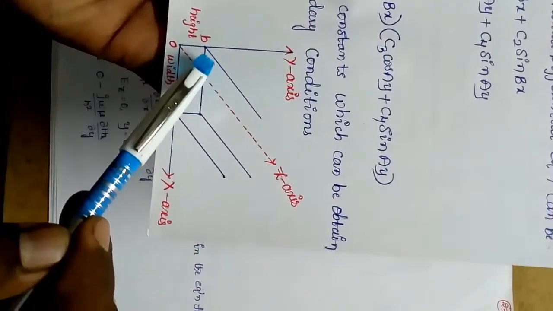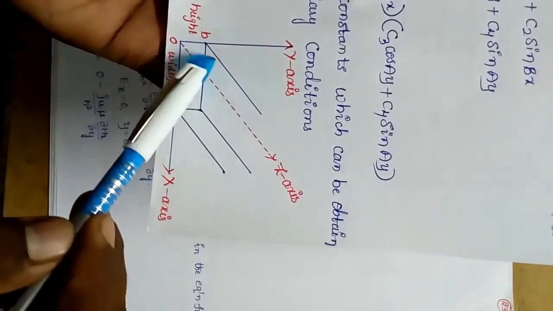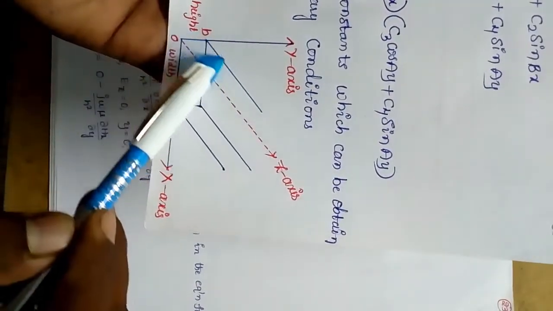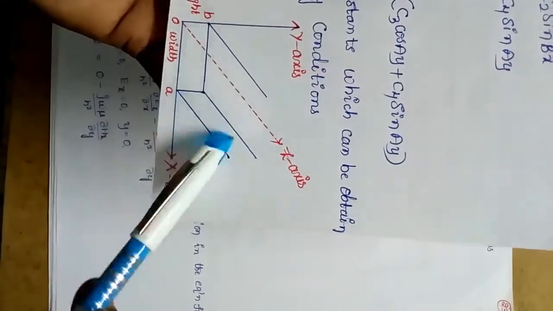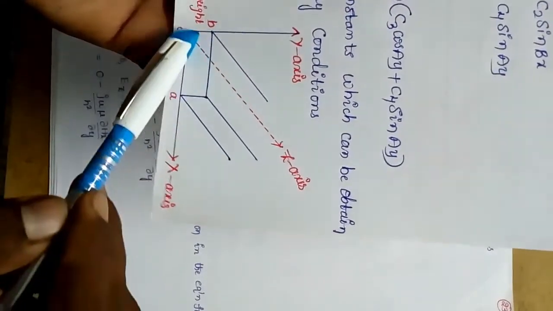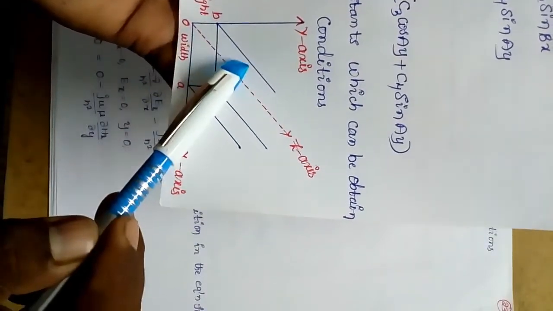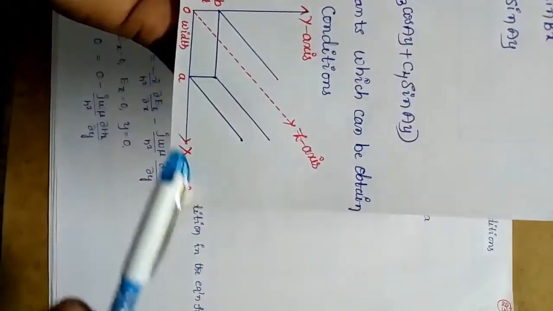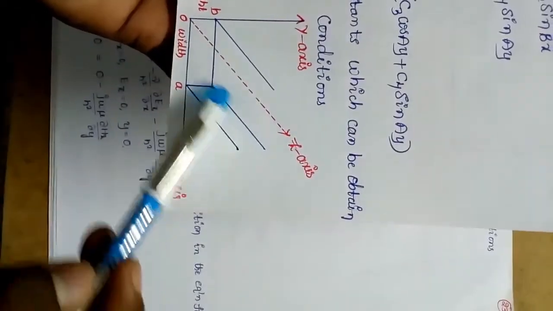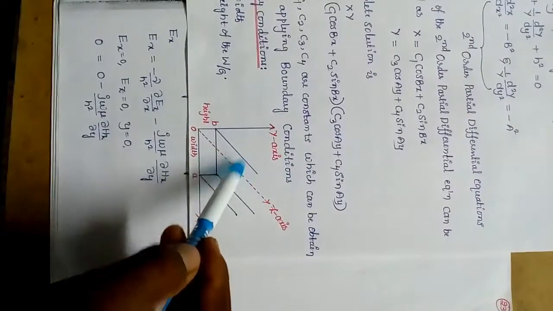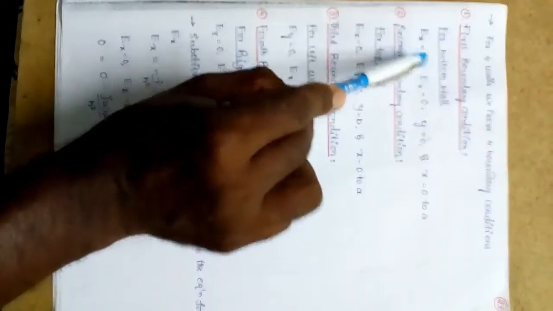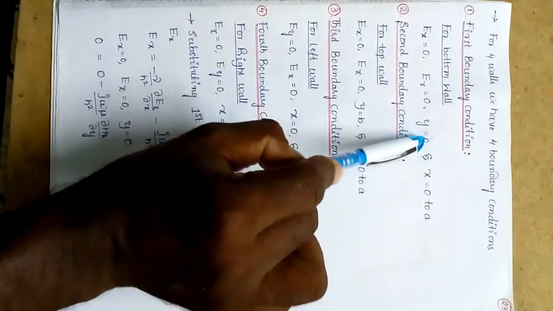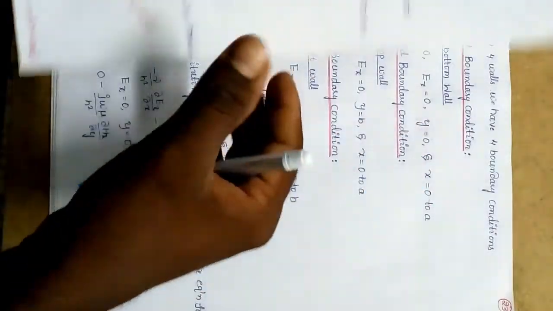Whenever you see, you don't know from which side. Actually this is sometimes known as the left wall and this sometimes known as the right wall. This is also sometimes known as the left wall and this is also sometimes known as the right wall, but the top wall and bottom wall are always constant, they don't change. Clear? From this diagram we are getting for the bottom wall: Ex is equal to 0, Ez is equal to 0, y is equal to 0, x equal to 0 to a. How to get it, just you see.